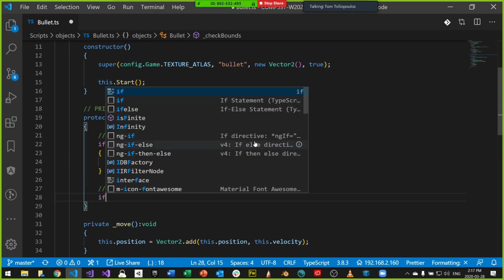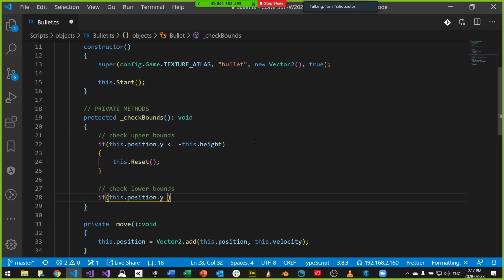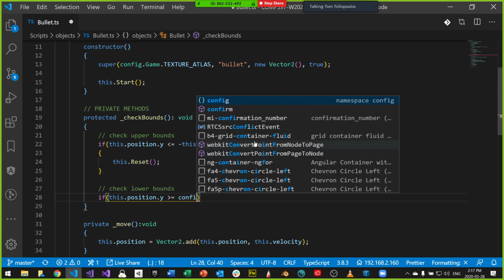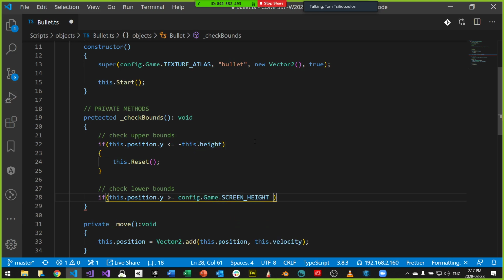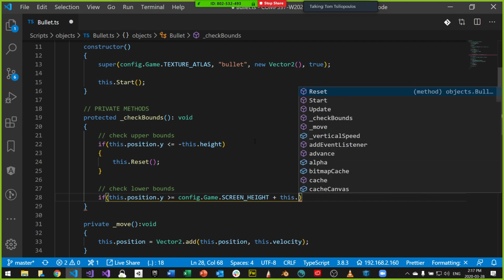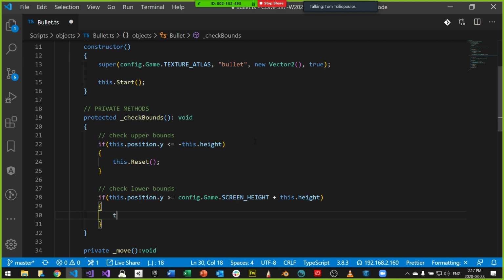Okay, next. If this.position.y is greater than or equal to the screen height, so config.game.screenHeight, plus the height of the bullet, this.height. So that means it's fully off the screen. Then and only then do I want to reset. And now you're going to say to yourself, wait a minute, Tom, you said that this moves up the screen.